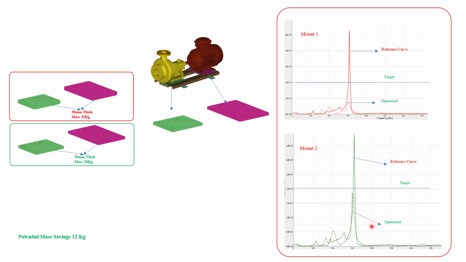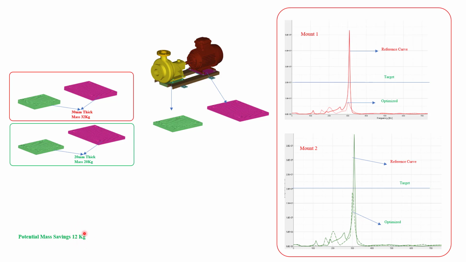And this is with the thickness of 20 mm, and the mass of the plates here is 20 kg. In short, from these two PCH curves, I could conclude that if I make this particular 30 mm thick plate into a 20 mm thick model, it will save me 12 kgs of mass,